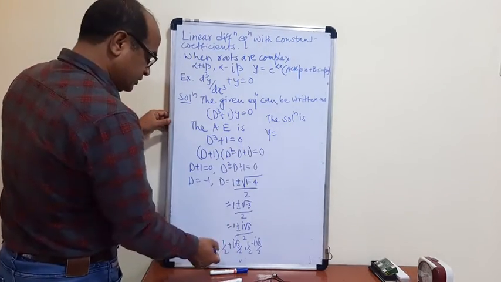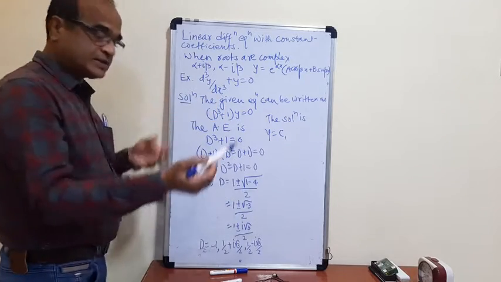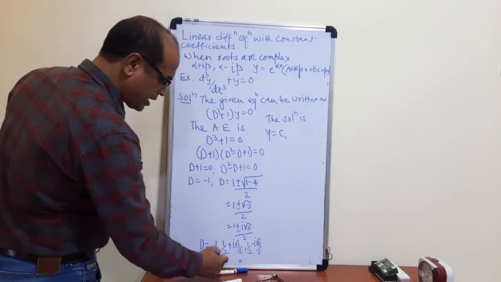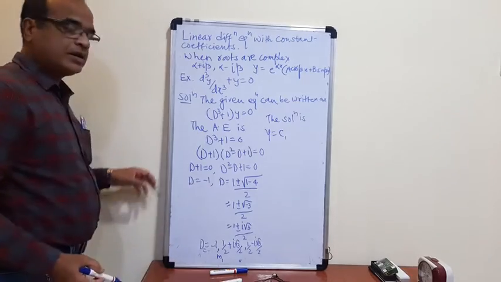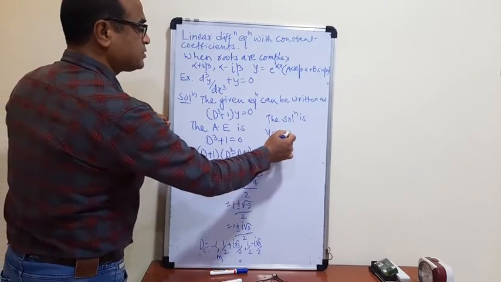So y is equal to C1 e raised to m1 x, where m1 is minus 1, so e raised to minus x, plus